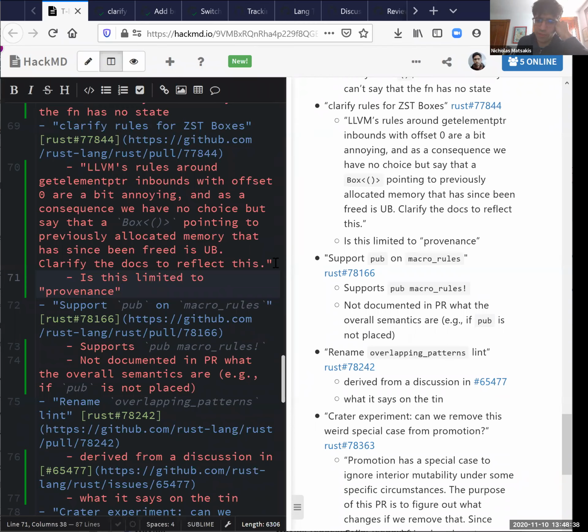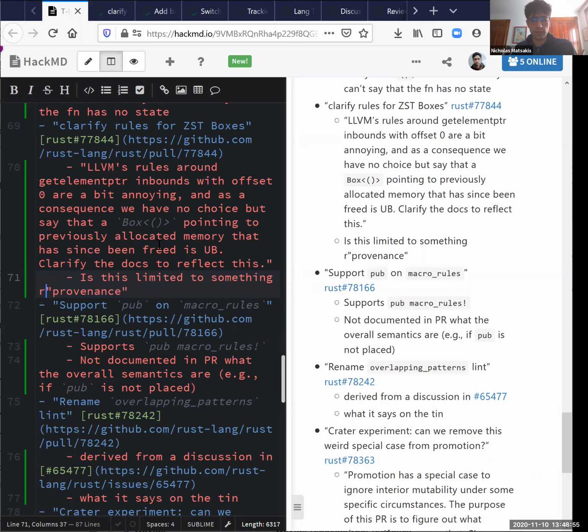If it is indeed real UB within LLVM, then we have problems. It seems like we'd have to stop using the gap bounds in that case. Yeah. I'll try to pose that question. Or declare it UB to allocate in the bottom page or something, which is probably not great.